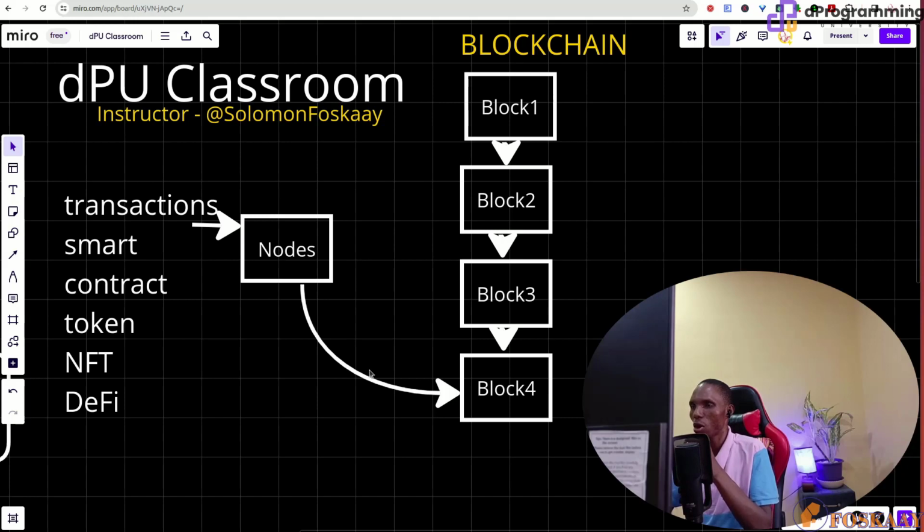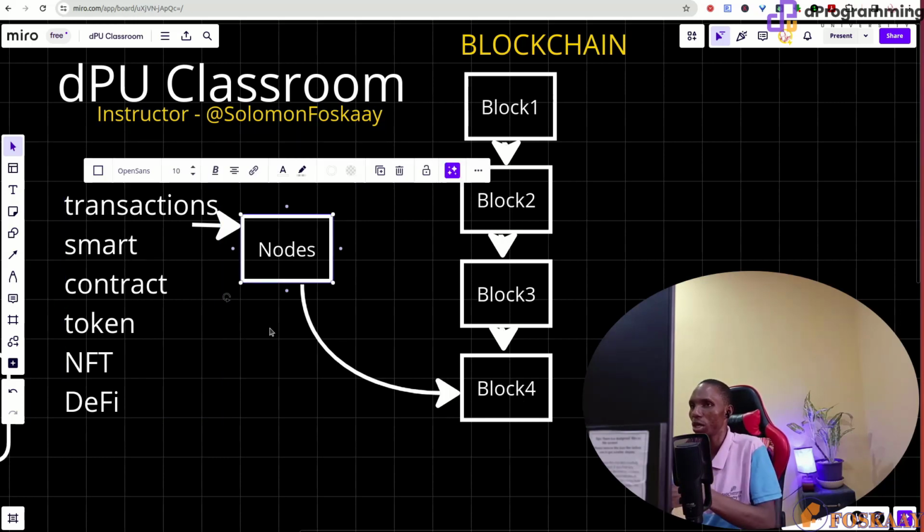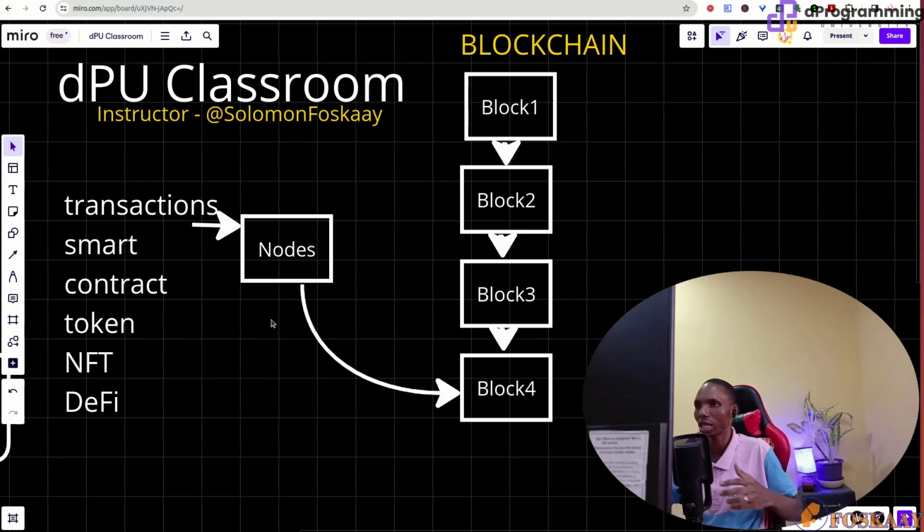So if this forms block 4, the moment you change just that T or put in a space, forget it, this could turn into block 56, when what we need is block 4. So it invalidates that. A malicious miner can be punished by slashing their stake and things like that. You understand?